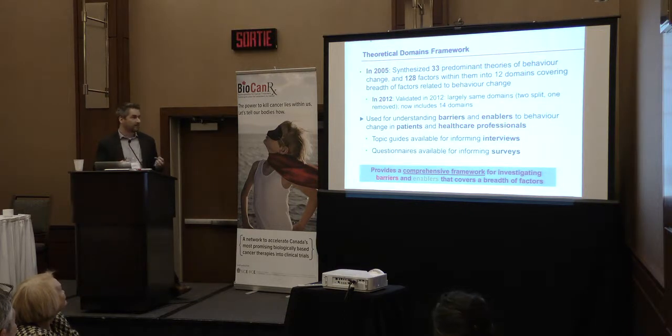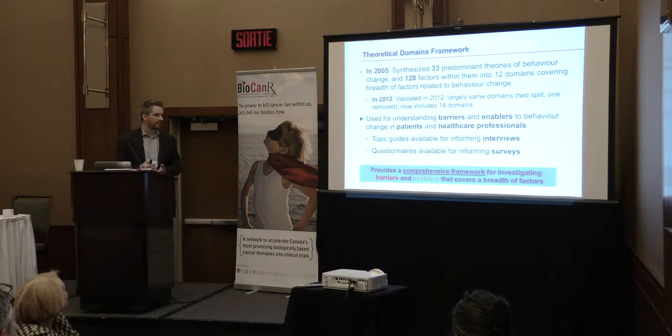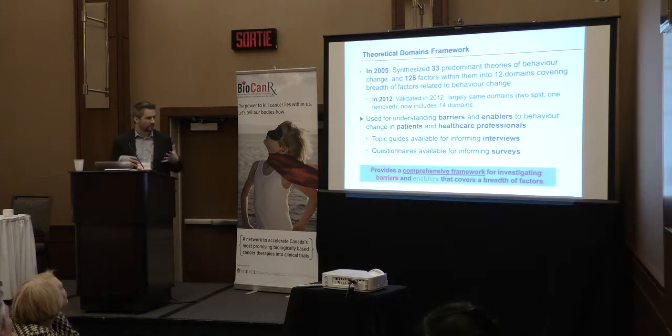The advantage also is there are topic guides or interview schedules for actually doing this that are available that can inform what you ask in the interviews, and questionnaires that can be used for surveys. The idea here is to be more comprehensive in assessing barriers and enablers. If we think about interviews or focus groups or surveys, we might have some ideas about what we want to ask, which will be fantastic, but there may be things that we miss. And using a framework based on pre-existing evidence will help us to cover the breadth of factors that we might